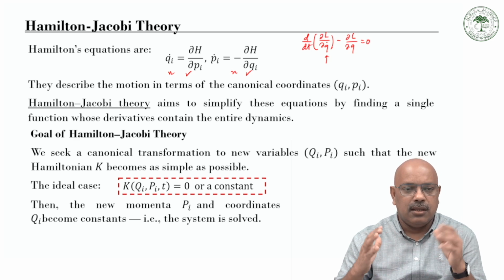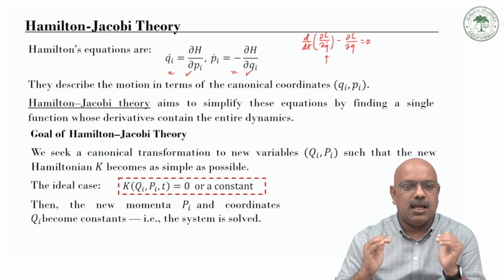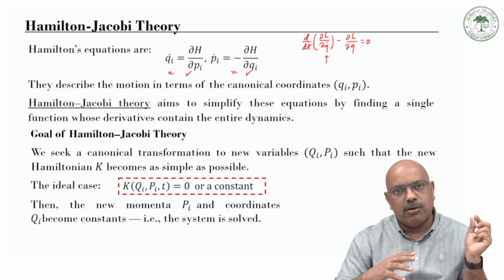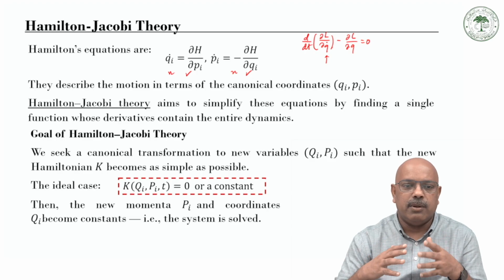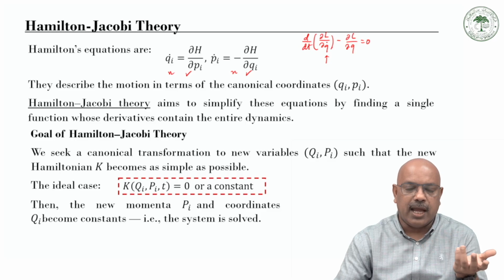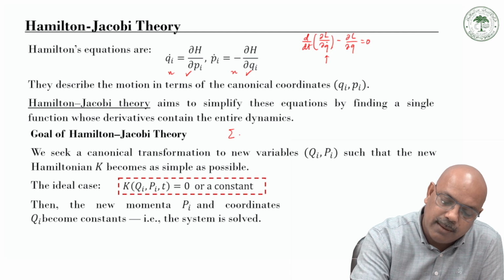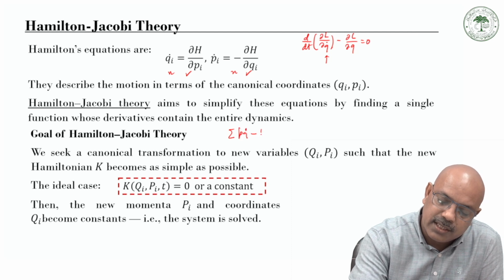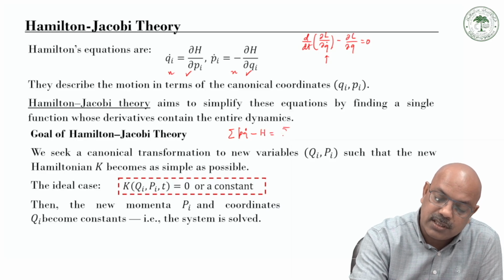So let's discuss the goal of the Hamilton-Jacobi theory. You seek a canonical transformation from your old variables q, p to the new variables Q, P, such that the new Hamiltonian, K, becomes as simple as possible. Remember that in your canonical transformation, the old Hamiltonian gives the Hamilton principle p q dot minus H, and the new Hamiltonian is K,